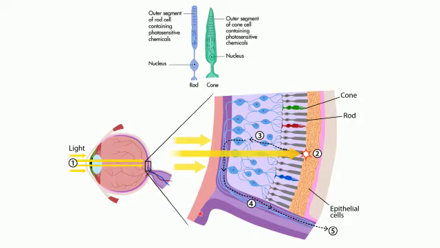Now cones are normally one of three types, each with a different pigment, and they are named S cones, M cones, and L cones. Each cone is therefore sensitive to visible wavelengths of light that correspond to short wavelength. So S cones are for short wavelength light, M cones for medium wavelength, and longer wavelength, that is L cones. So we have three types of cone cells again.